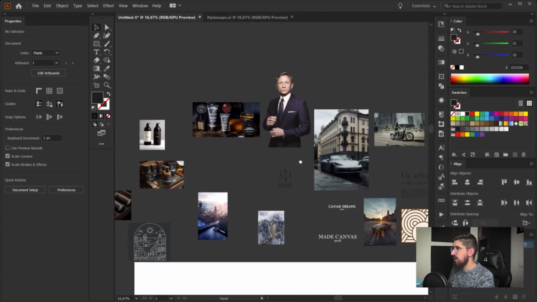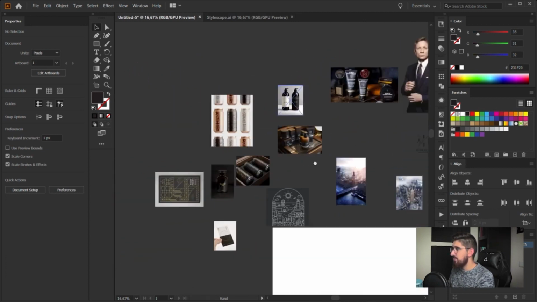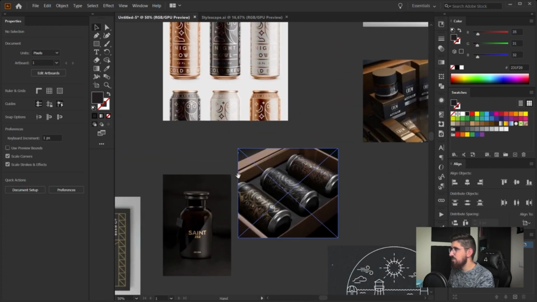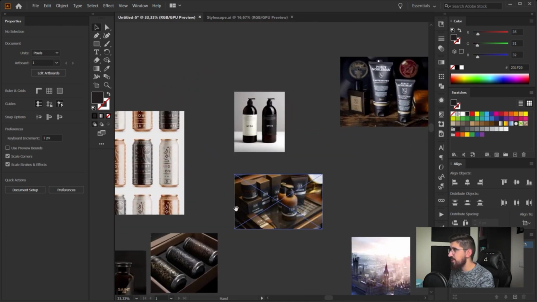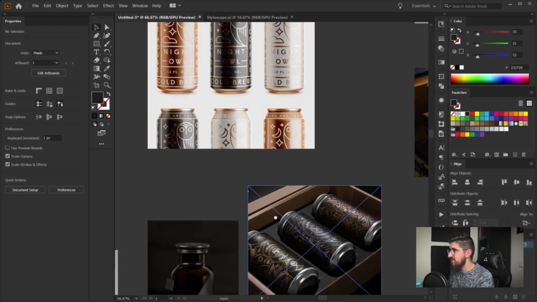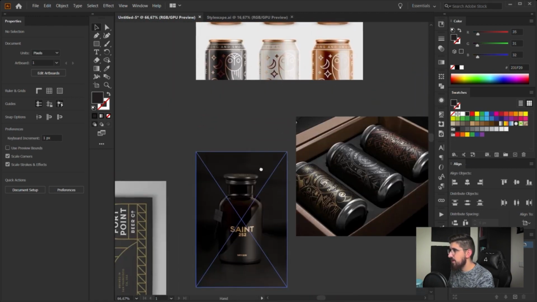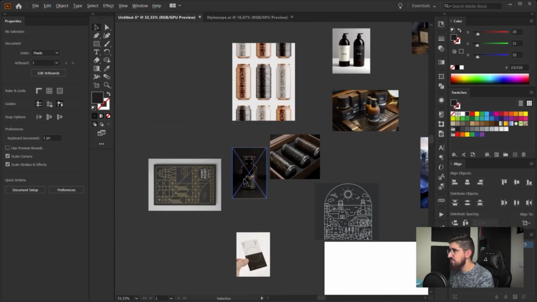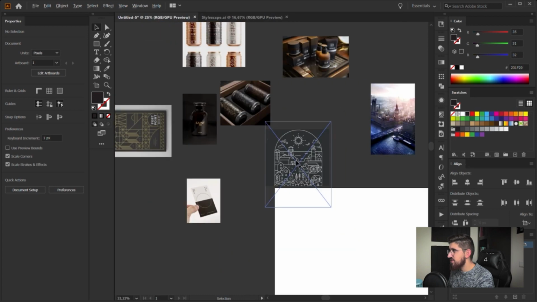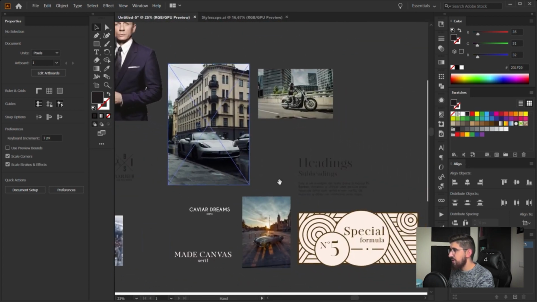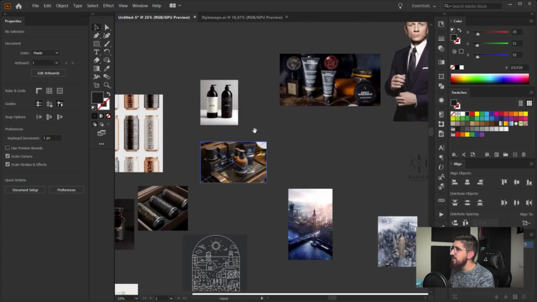It has lots of references of other brands, of other stuff that's not even related to barbershop. For example, here I found interesting those beer cans, those illustrations, those images of cities and things that could be used as a style